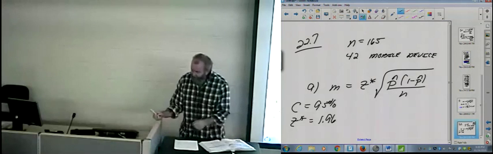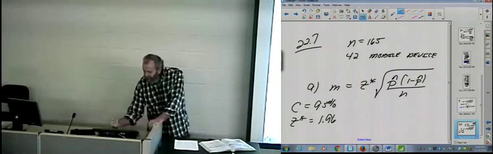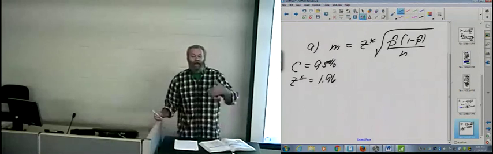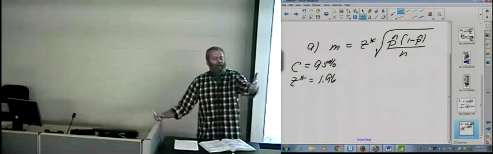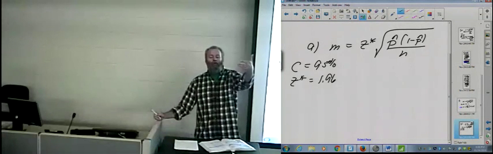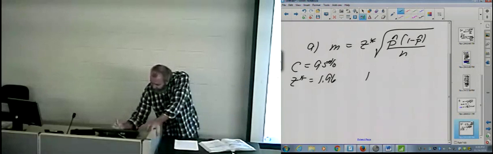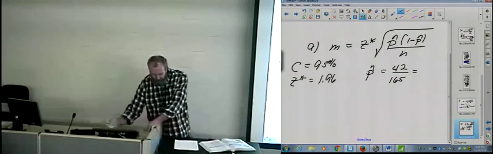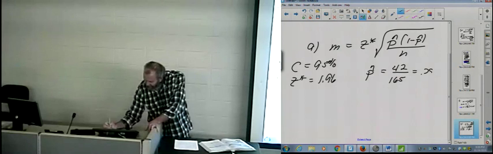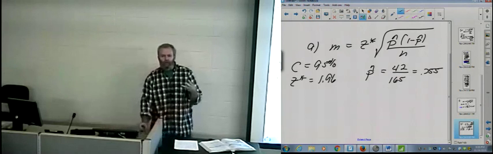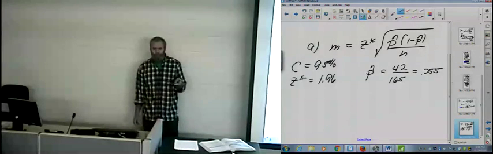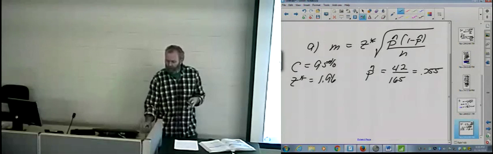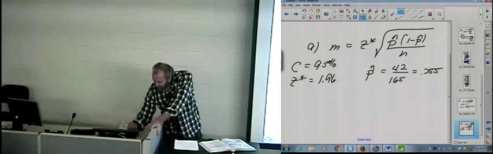Okay? Now, what do I need to know here? I need to know p hat, right? I need to know the proportion in that sample of 165 that had used a mobile device. So my p hat is, what was it, 42 over 165. And I get a sample proportion of 0.255, 3 decimal places. Okay? So my margin of error is going to be